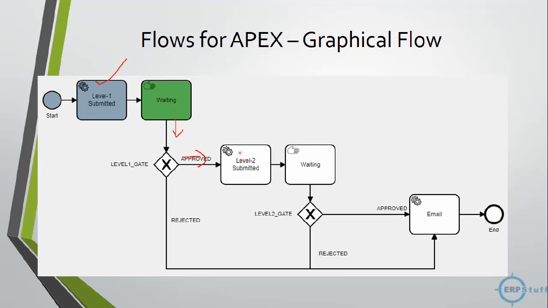Okay, then with level 1, when it comes here, it will automatically send the email and wait here. Wait here means it has sent the email to the user. You can use different logic here or something like that, but this is how I am trying to show you, right. Now, once he or she approves, this gate will check,